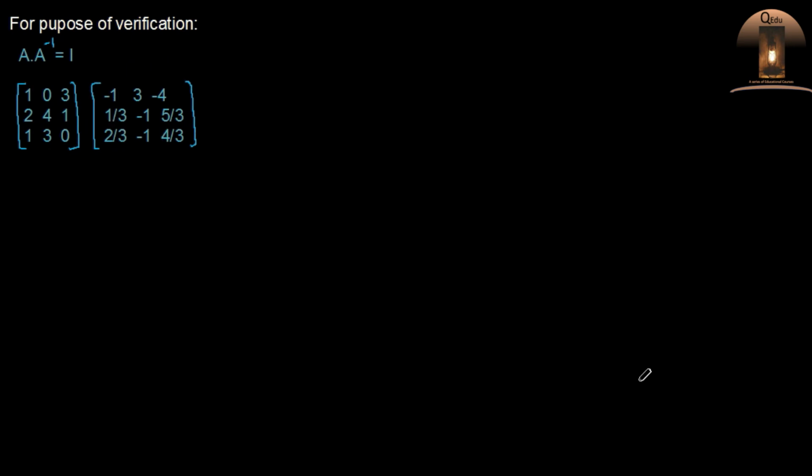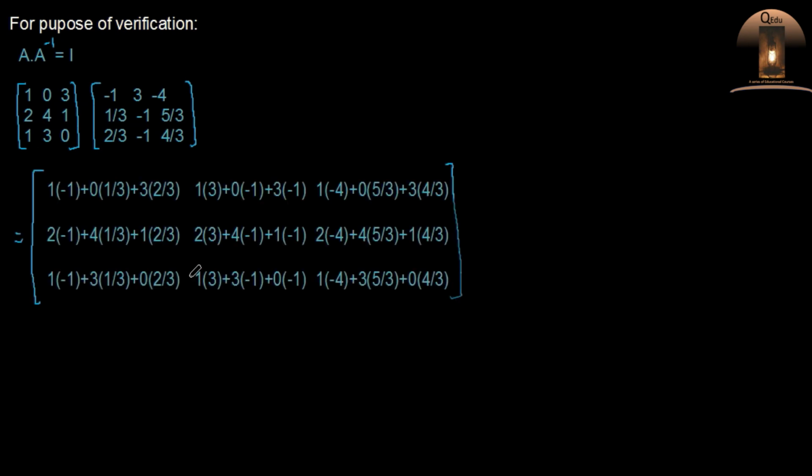So when you multiply the first row of the matrix A to the first column, we will get the result of the first element of the product. So now multiplying the first row with the first column, we have the first element, and similarly multiplying the first row with the second column, we have the second element of this product, and similarly multiplying the first row with the third column, we have the third element of the product.